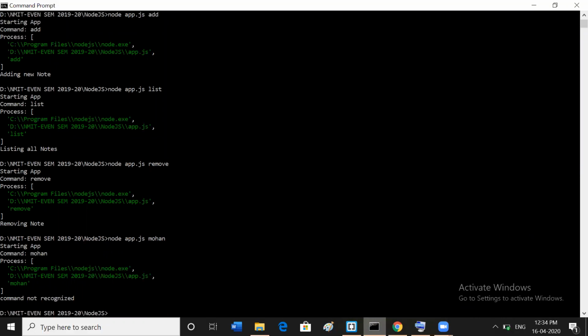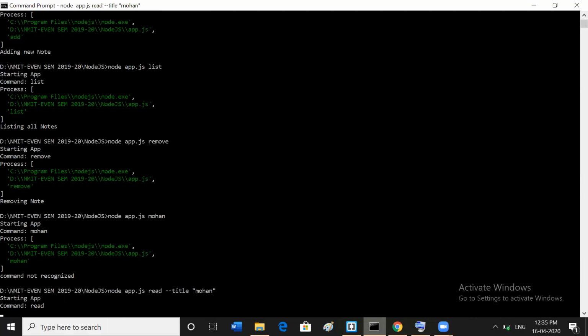This is how you can access the command using the process object. Now we will see the disadvantage with respect to the process object. You can obviously access the command using the process object, but we must mention it properly in the command line. Suppose you pass the command like this: node space app.js space read hyphen hyphen title Mohan.